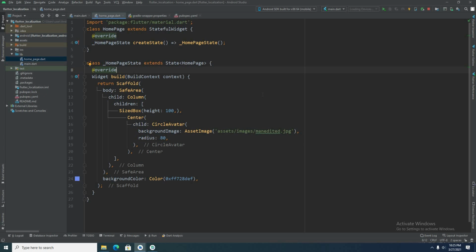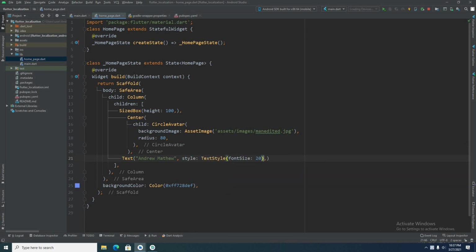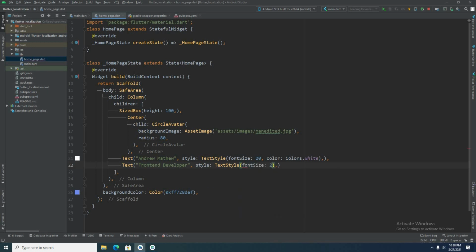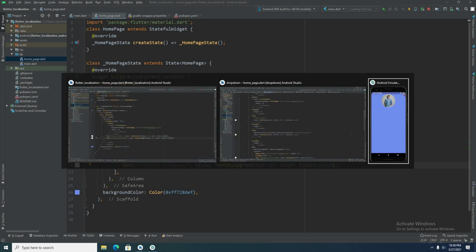After this, in order to display the name of a person and some details about him, we will add some text widgets. So let me add all of them here. Now after the hot reload, you can see the output as this.